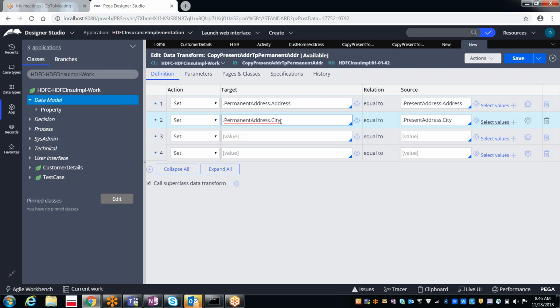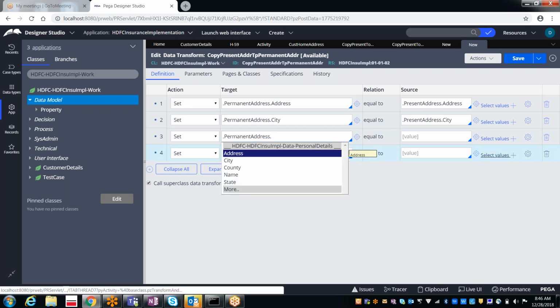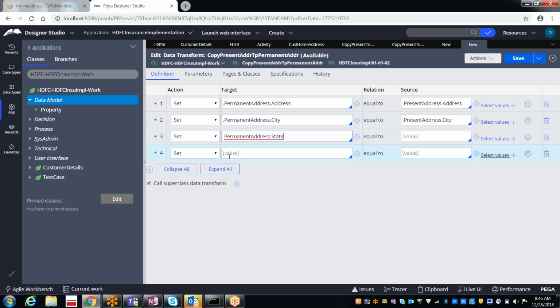Dot city, and then dot country. First we give state, dot country. So to which, from where?